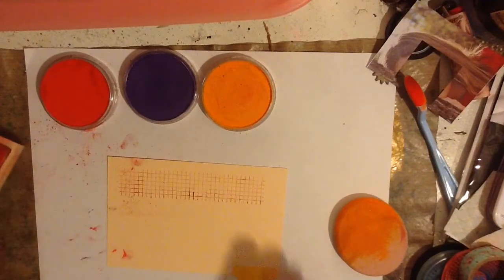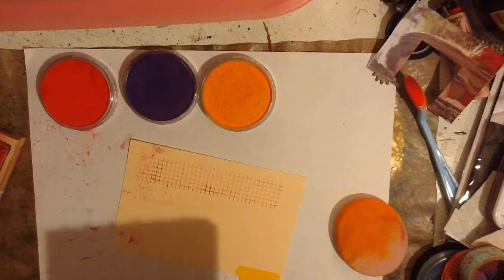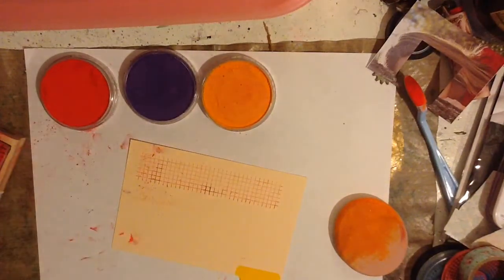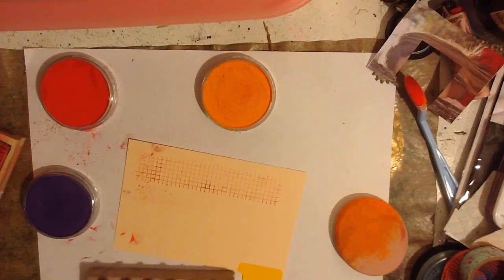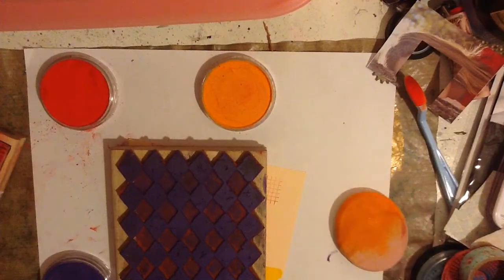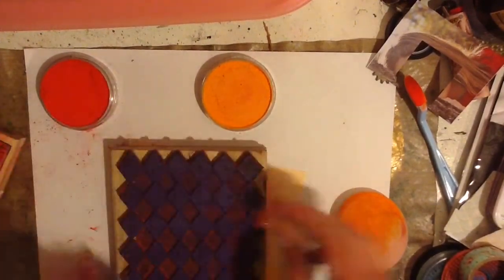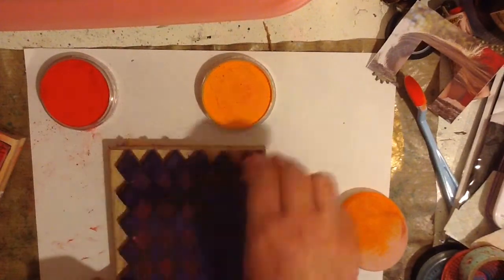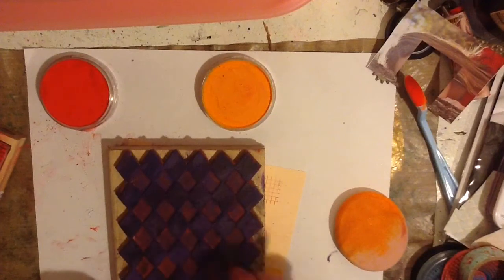Now I can also use a distressed stamp. I have this purple as well. And I'm going to use the same technique. I'm going to just put the Pan Pastel over the top. Now this has got distressing on it, so